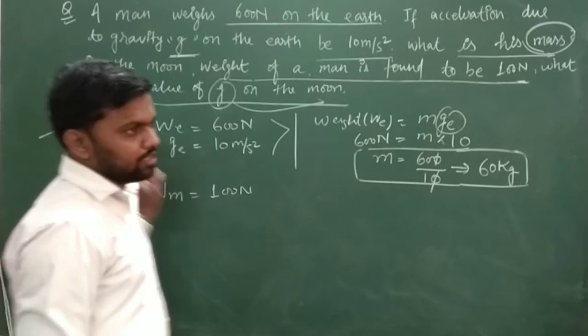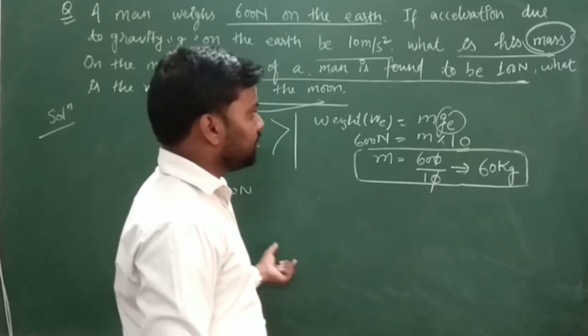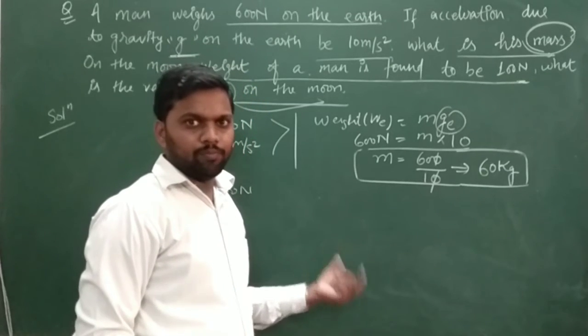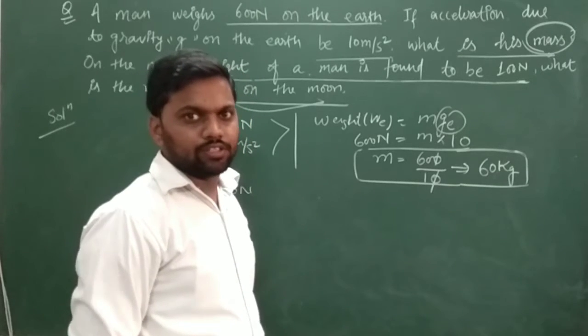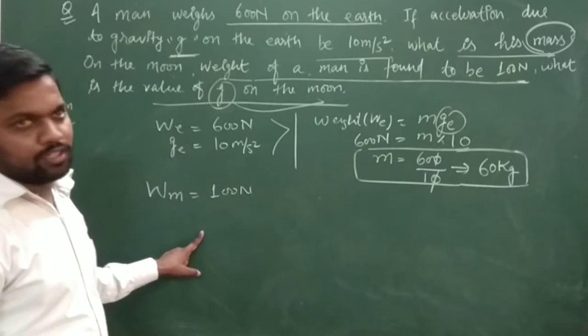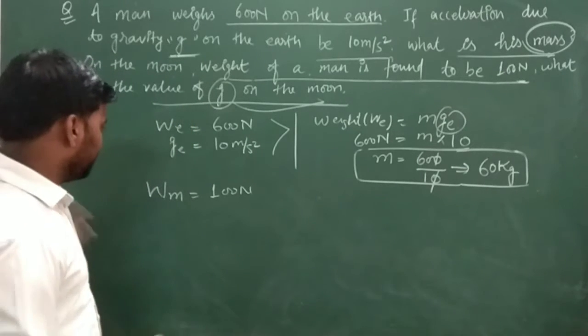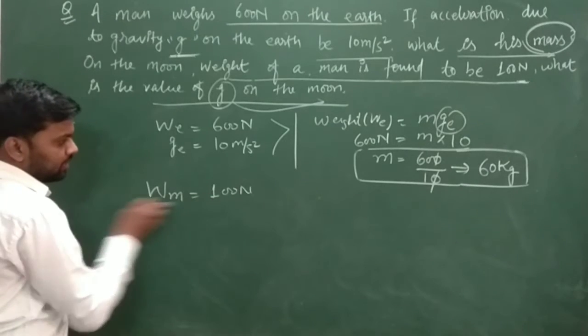यानी कि अगर हमारा weight earth पे 60 न्यूटन है, it will be 10 न्यूटन on the surface of the moon. Why? Because जो भी moon पे जितना भी weight होता है 1/6 हो जाता है उस weight के जो तुम्हारा weight earth पे है. So here we have seen weight on moon is given as 100 Newton.